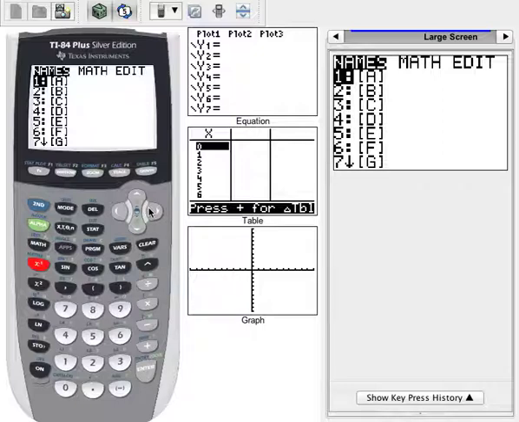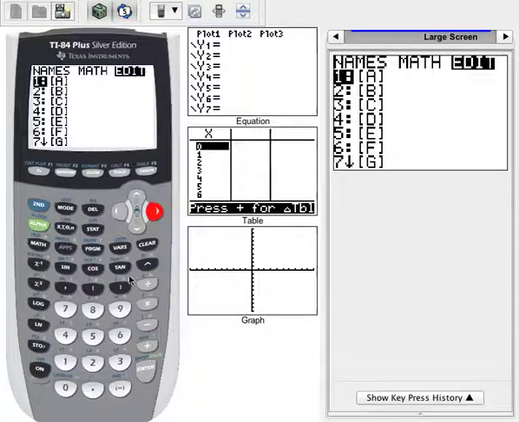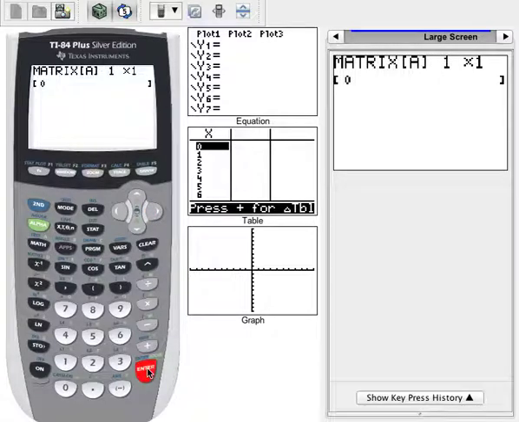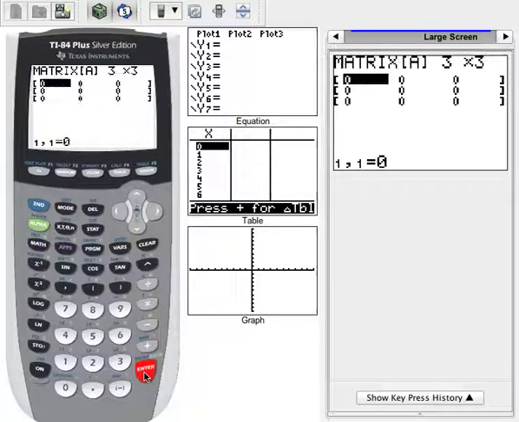so you don't have to clear anything out. And so we want to go ahead and go over to edit, and we're going to call our coefficient matrix that we just wrote A. So we're going to select A and edit it. So we need to establish the dimensions of the matrix, and it's a 3 by 3, 3 rows and 3 columns. So I'm going to go ahead and type this in. You can either type over the existing ones that are there, or if it's already a 3 by 3, you can just use the right arrow to move through into the